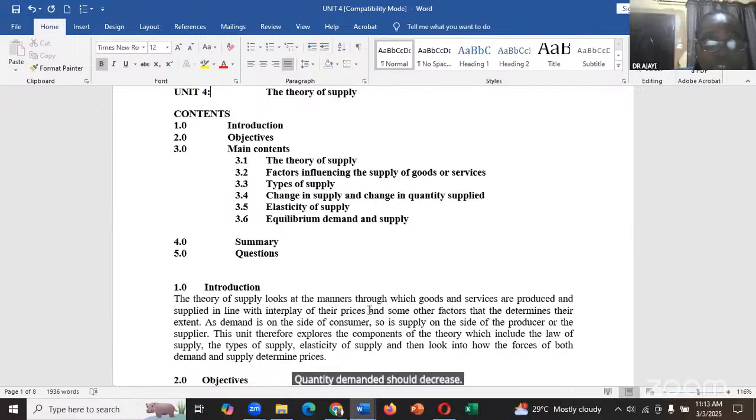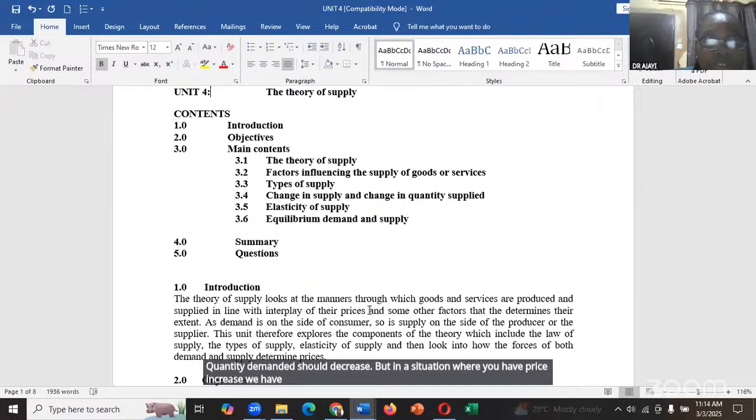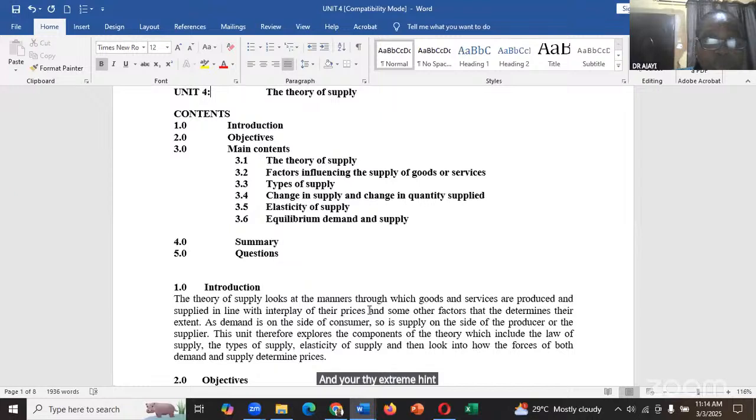But in a situation where price increases and quantity demanded also increases, we have commodities or goods that have peculiar characteristics that behave in that way. A typical example is luxurious goods. And the other extreme end is inferior goods, where price decreases and